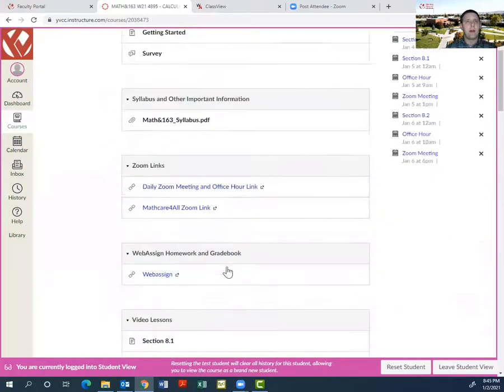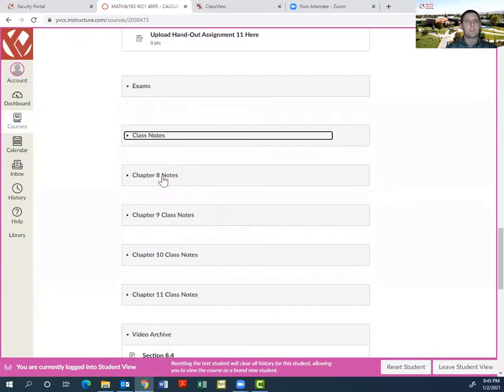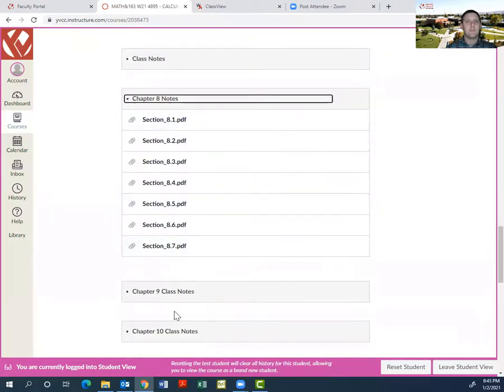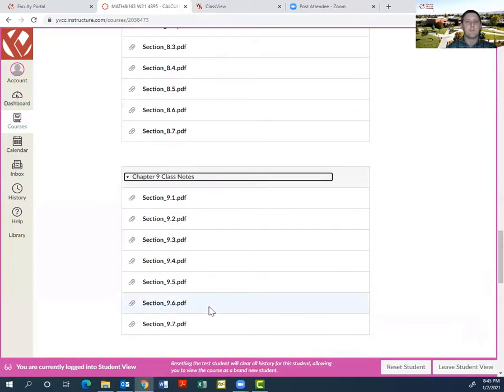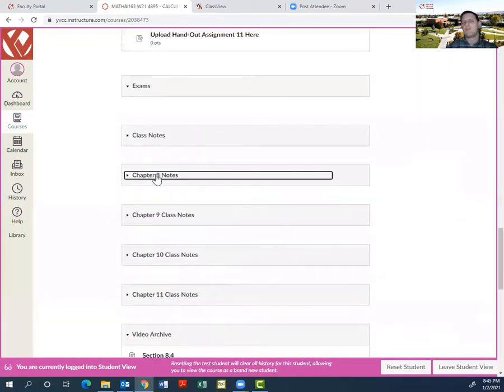If you don't want to print them all out at once, then I do break it into bite-sized chunks. So instead of the whole class notes, I can give you a section at a time as well, and those are all in PDF form. If you really have trouble getting a hold of a printer, then you can take notes on notebook paper, but just know that in PDF form here are the notes that we'll be going through in those videos.